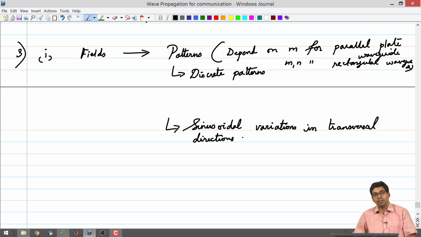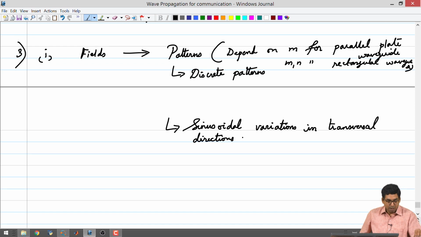in transversal directions. That is, if you go from one edge of the waveguide to the other side, you will be able to see, for example, half a sinusoid or a full sinusoid or 1.5 sinusoids and so on and so forth. So, you can see that the variation along the transversal direction is going to be sinusoidal, irrespective of how many dimensions you have. In the case of parallel plate, you had only one direction going from one plate to another plate. In the case of rectangle, you can go from one plate to another plate in the horizontal direction, or in the vertical direction. In both of these cases, you had sinusoidal variations.